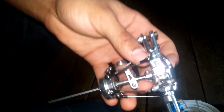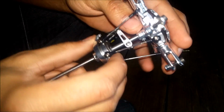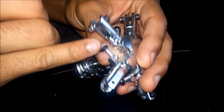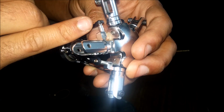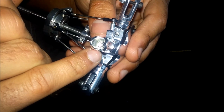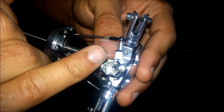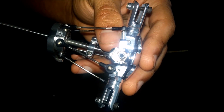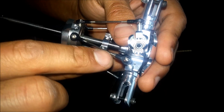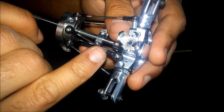So if you are doing this project, when you do get your rotor head or your rotor shaft, or whatever you want to call it, yes, you will need to check that these little control arms are tight, and inside here as well. There is a little screw. You can see it just there. That will need tightening up real tight, as tight as you can possibly get it without rounding the head off. And you'll need to check that these little control arms are threaded in reasonably well to the little